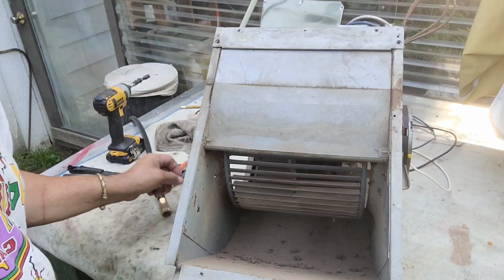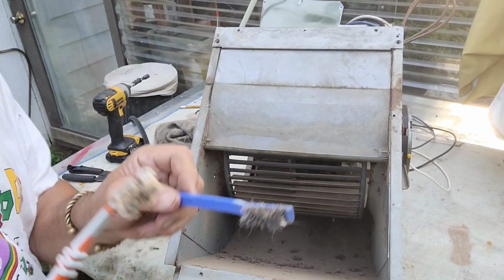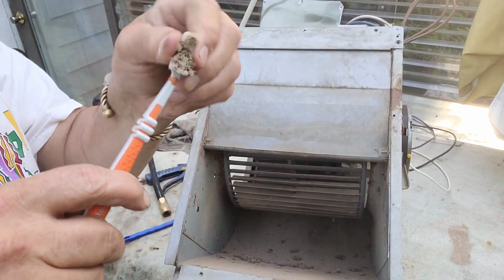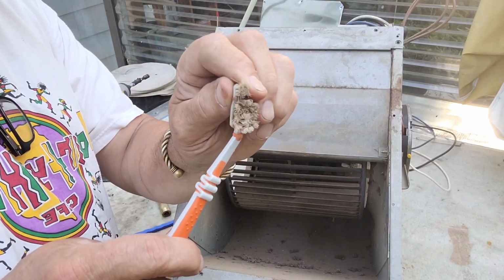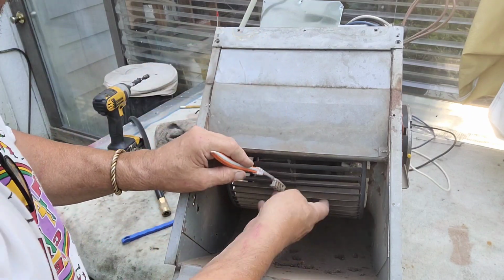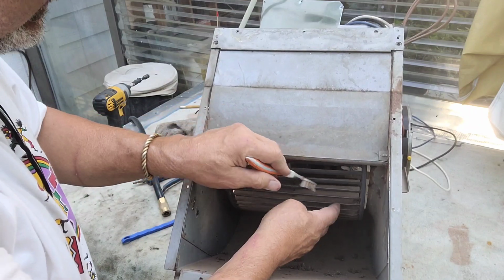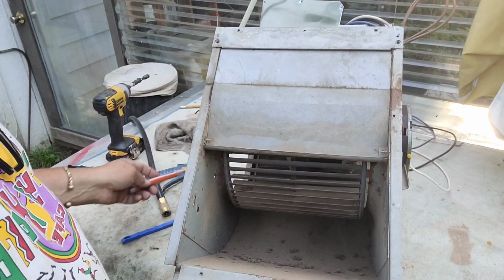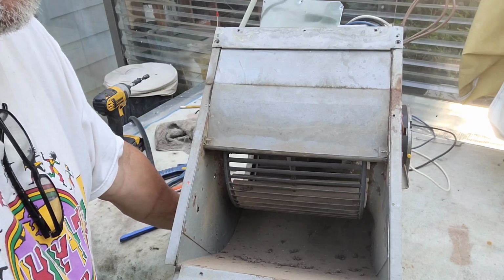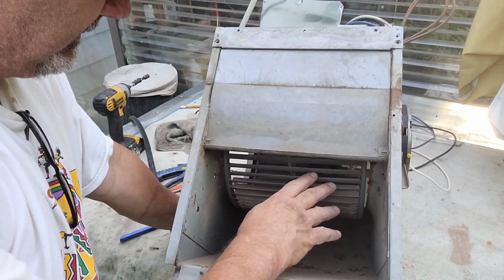Well, for starters, take a little toothbrush or whatever you can get to fit in between the fins. This doesn't work very well. This works a lot better, but I pretty much wore it out doing this job. But you've got to stick it in between every fin and crisscross, and clean all the crud out of every fin. That, my folks, will give you a lot more CFM out of this blower,